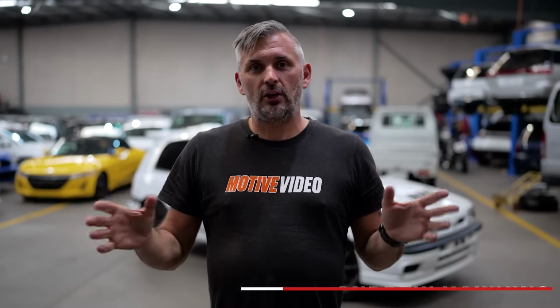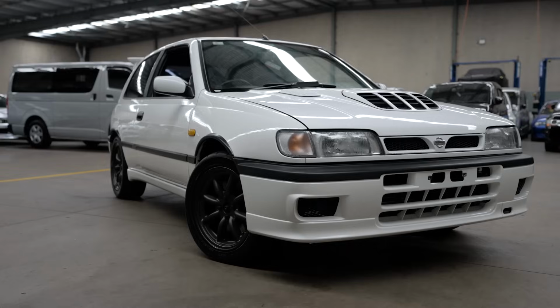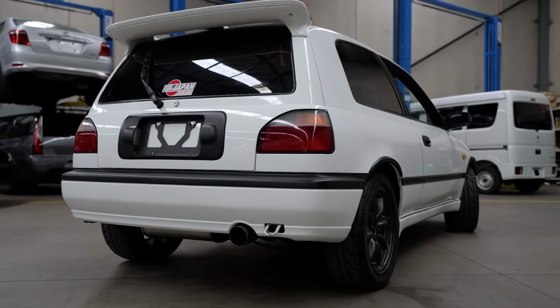So the Pulsar GTi-R got the name Baby Godzilla quite simply because it's the little brother of the GTR, and it's an all-wheel drive turbocharged car. But instead of being built for Group A racing like the GTR, the Nissan Pulsar GTi-R was designed for WRC,